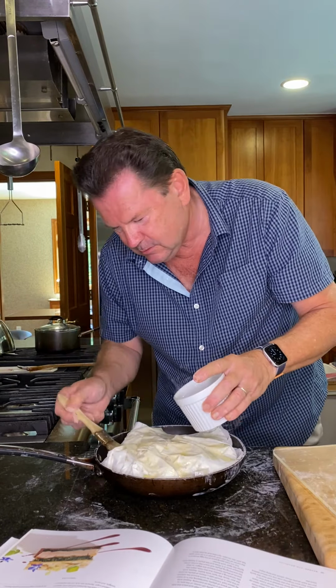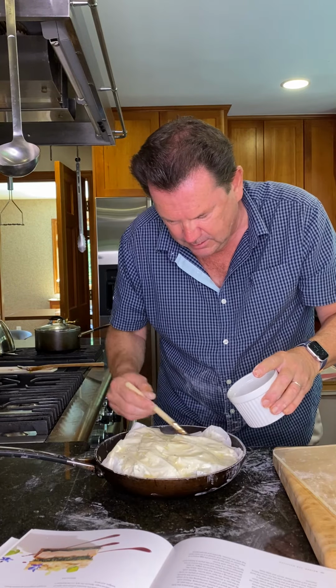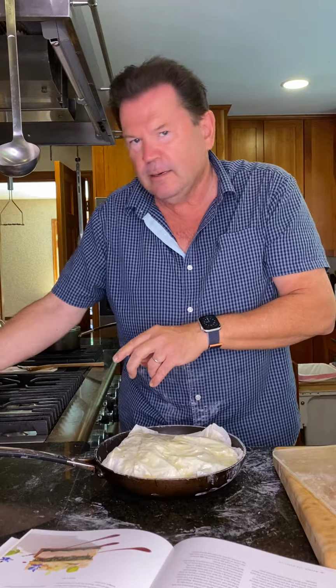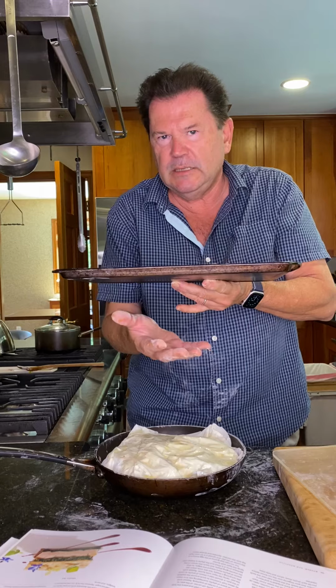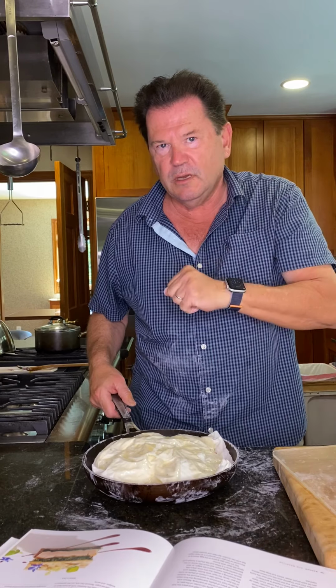As you can hear, my oven has decided to play nice today, and we avoided a potential disaster, because here's what I was going to do. If my oven didn't work, I was going to turn on my outdoor grill. I was going to take this pan to put on the grates to try to hold back a little of the heat, and then I was going to turn it on very low, and I was going to take this entire frying pan and put it in the outdoor grill with the cover closed,